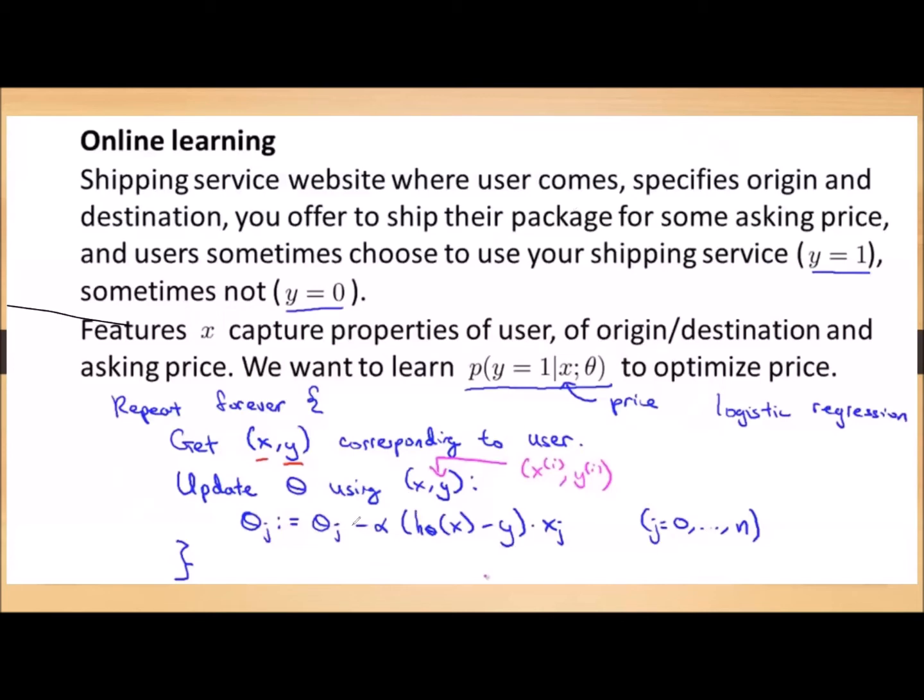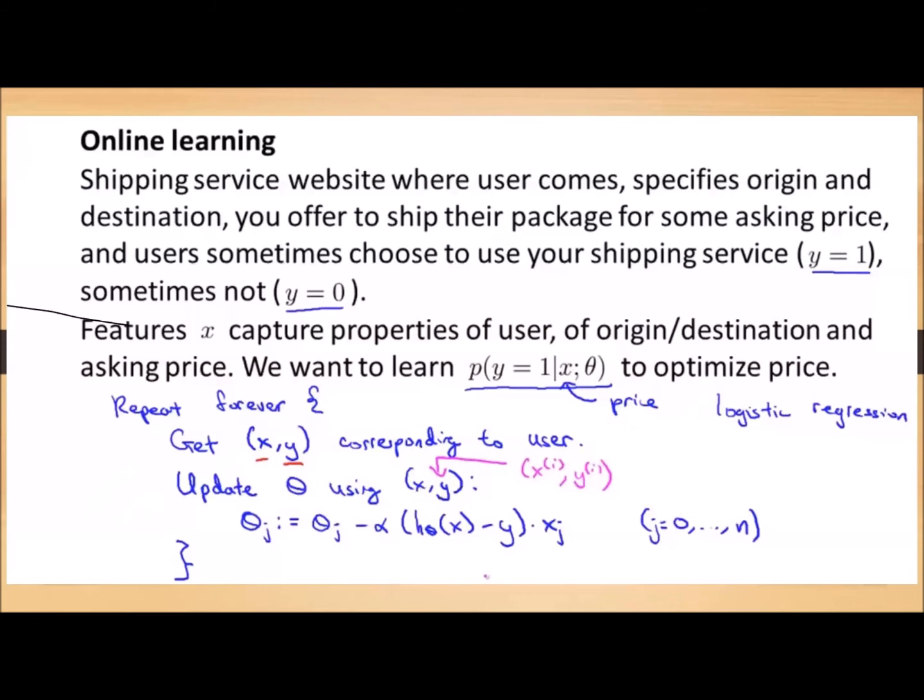The only difference between stochastic gradient descent and the online learning process is, here we are changing the theta for every iteration, and the data x comma y, we are not keeping this data. Whereas in stochastic gradient descent, we are storing these fixed values. But here we are discarding the data x comma y after a particular theta is updated.